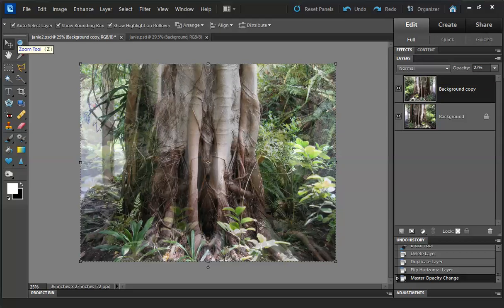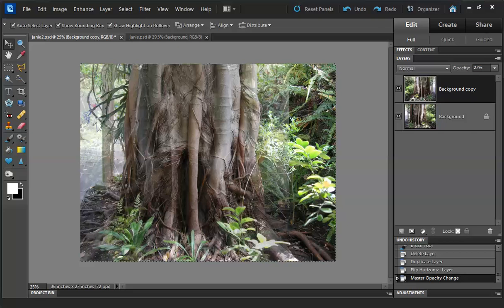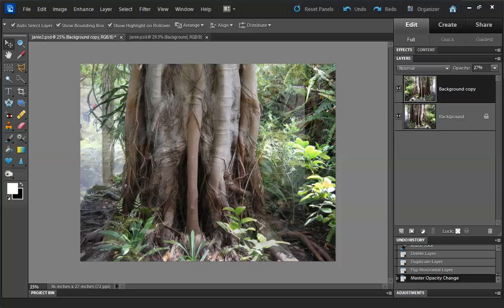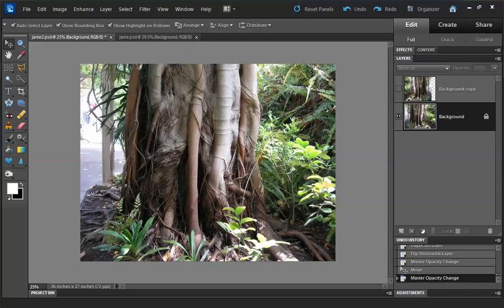and hold down my shift key and line this up so that the tree is lined up. The edges of the tree are lined up. I'm going to take my opacity back up. Perfect. Now what I'm going to do is turn off my eyeball, go down to my background,